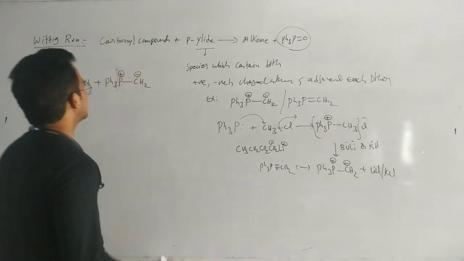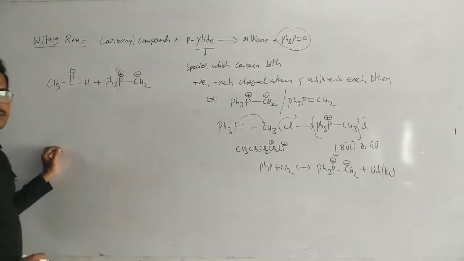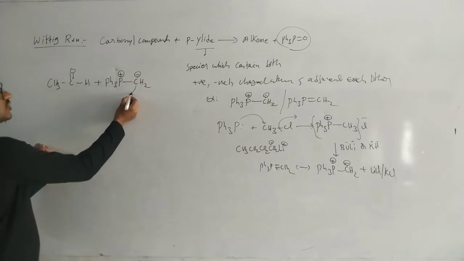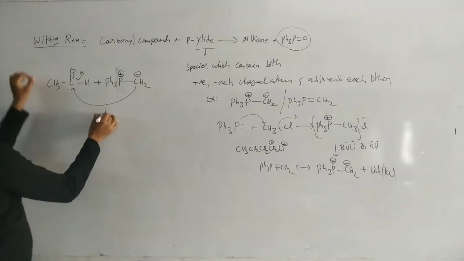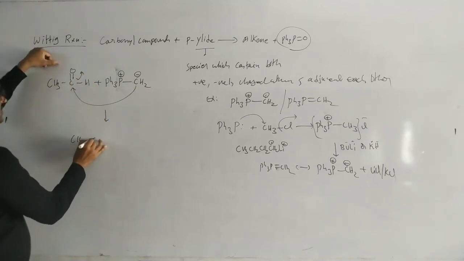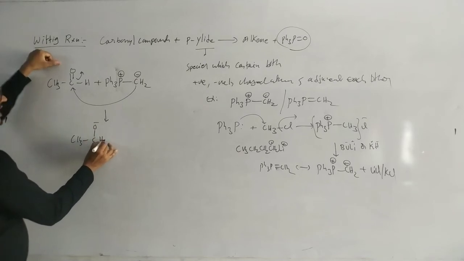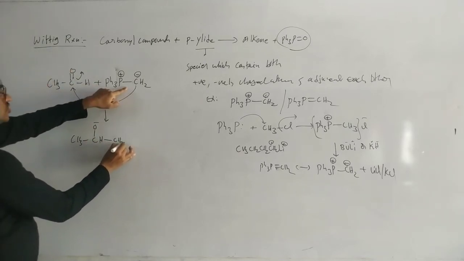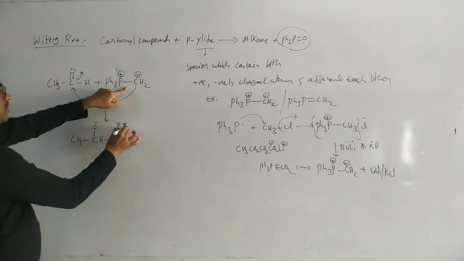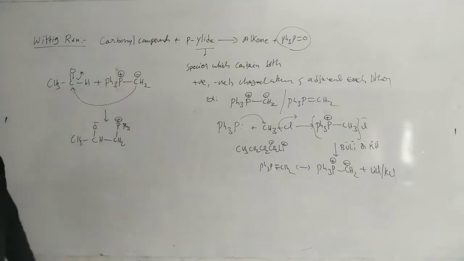Now this can be written like this also: PH3P double bond CH2. So by this reaction phosphorus ylide is produced. Now this phosphorus ylide is added to the carbonyl compound. In this case CH2 minus is a nucleophile and attacks on this one. So here CH3CO minus H and then CH2, P, PH3, and this one carries a positive charge.